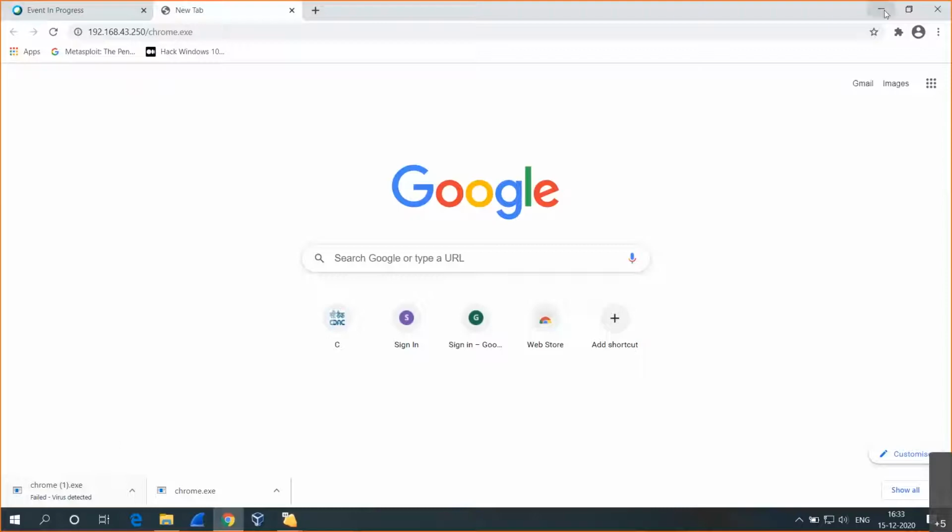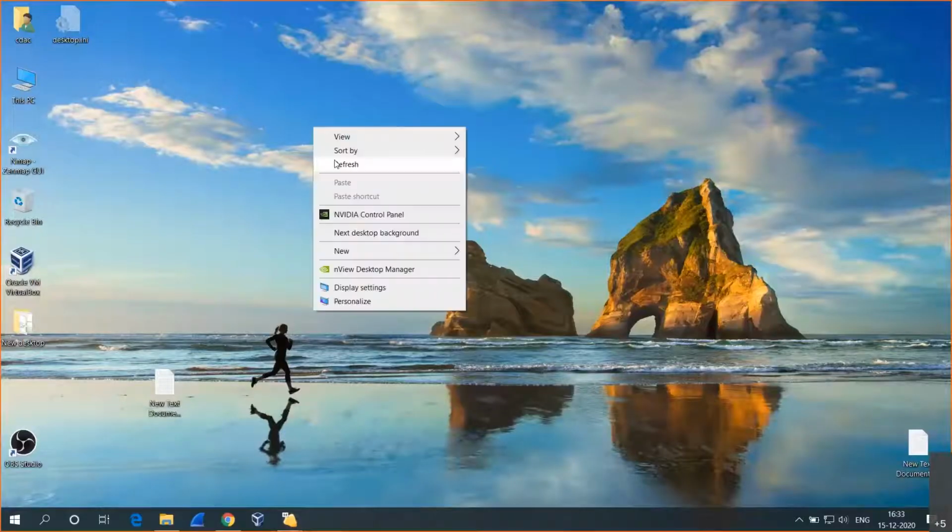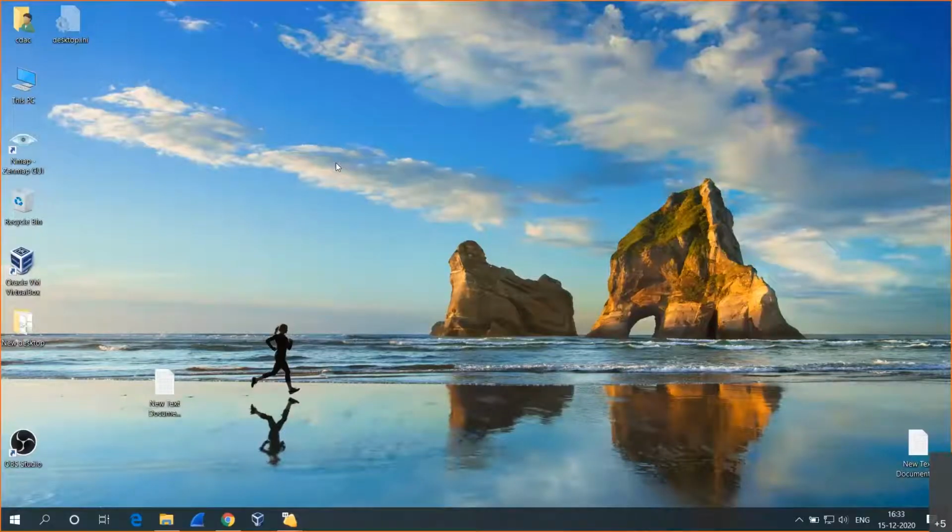So the countermeasure for this is having the antivirus and having the firewall. And one more thing is to not download any software from untrusted sites. We don't know what the code is, whether it is a malicious application or not. That application may have malware which is sending our anonymous data to the attacker.